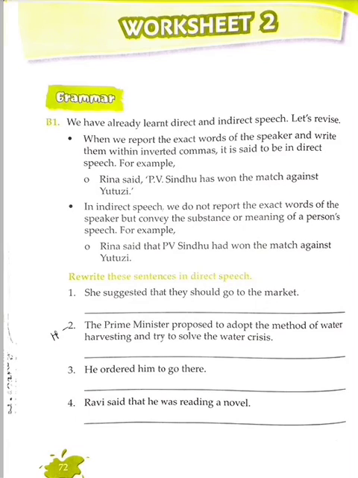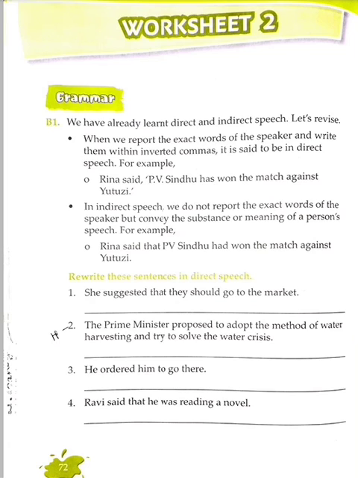Number 3, he ordered him to go there. This is also in indirect speech. We have to convert it to direct speech. He ordered, reported verb, so we will be changing it to he said to him, comma, inverted comma, go there, then close the inverted comma. Number 4,